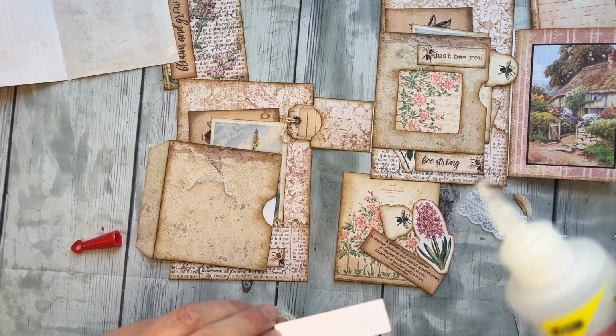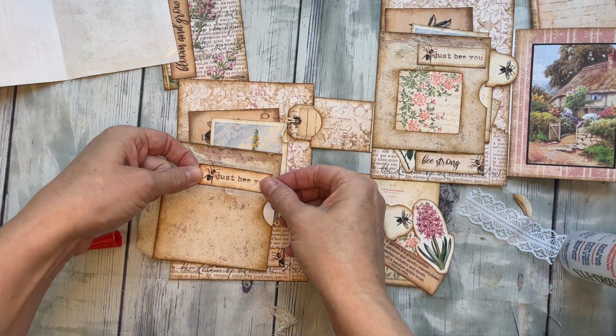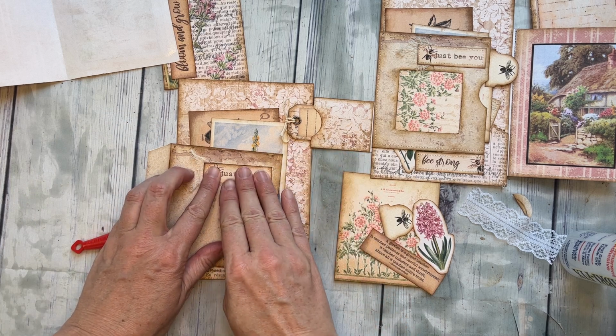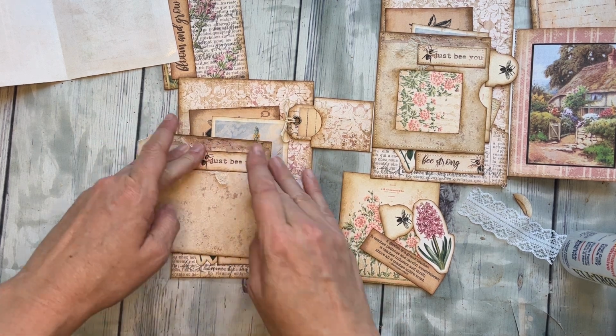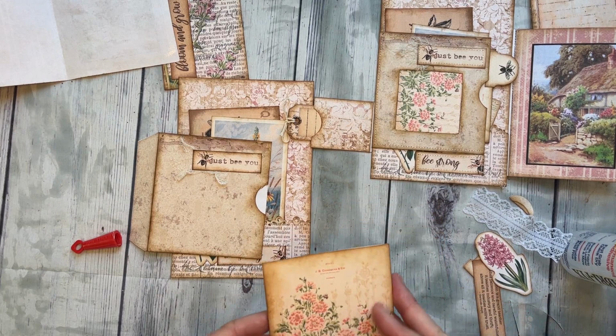And then I'm gonna go ahead and put this little signage down. You could layer other stuff, scrap papers, whatever. I'm just trying to give you ideas as we go. All right, so there's that. Now, with this,